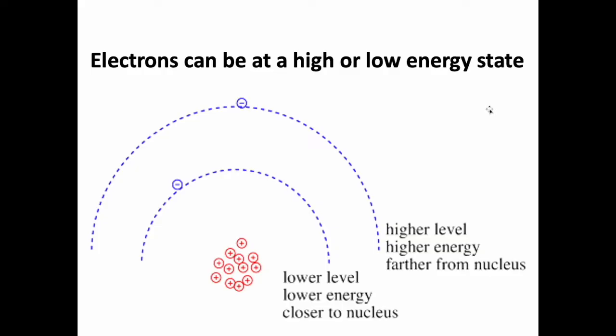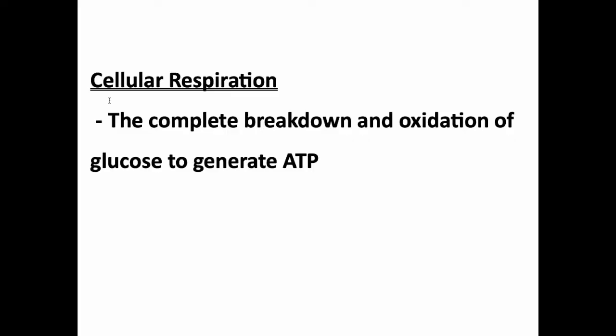All right, with that background out of the way, we can get into cellular respiration. So what is cellular respiration? Well, cellular respiration, double underlining this because there are going to be things underneath this, is the complete breakdown and oxidation of glucose to generate ATP. So we are going to take glucose, specifically this monosaccharide, this carbohydrate, this sugar. We are going to completely break down glucose. We are going to completely strip away all of its valuable electrons, and we are going to generate this very useful energy storage molecule, ATP.